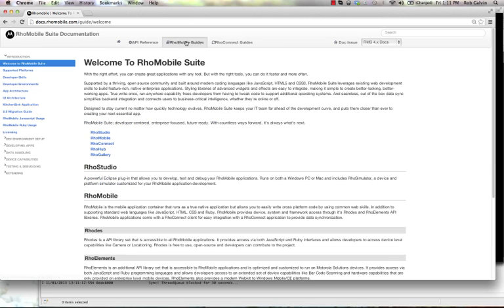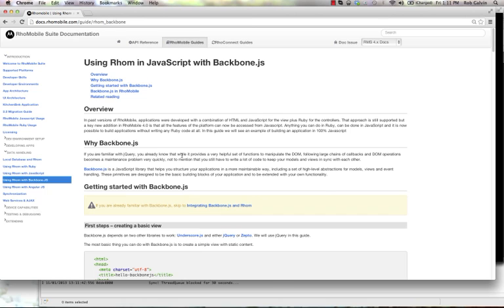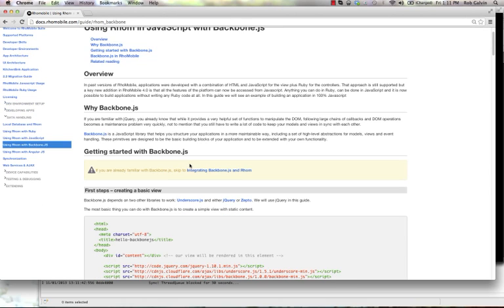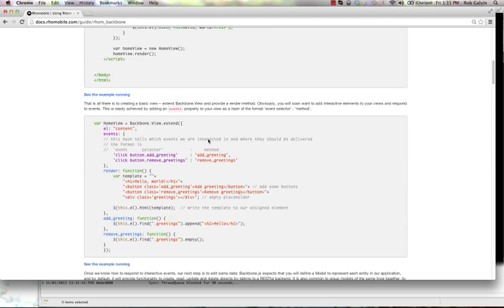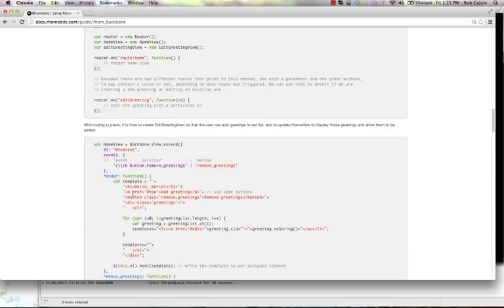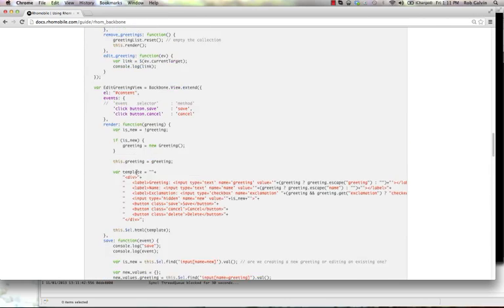And I go to RhoMobile guides and then look at data handling. You're going to see information about the ORM, but you'll see Backbone.js. So it's an application. It walks you through how this application was built. It tells you about the different libraries that we're using, and you can go through this and download the code